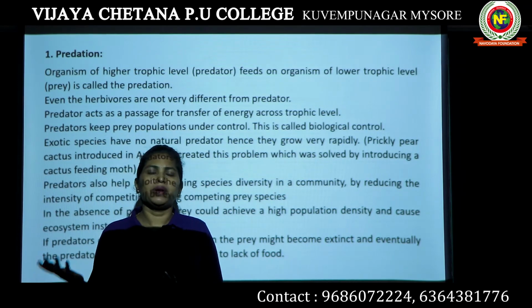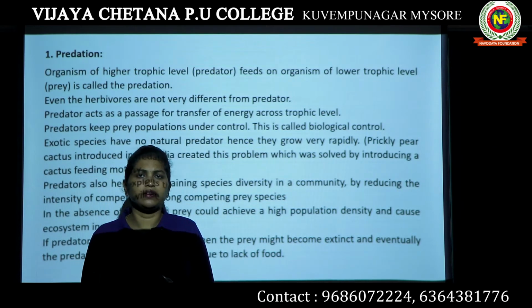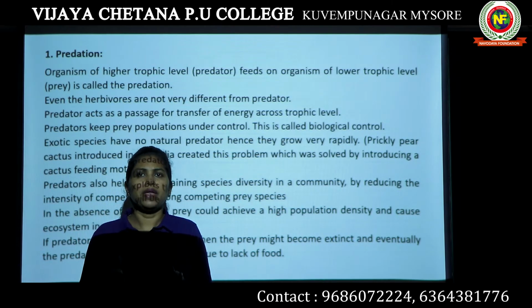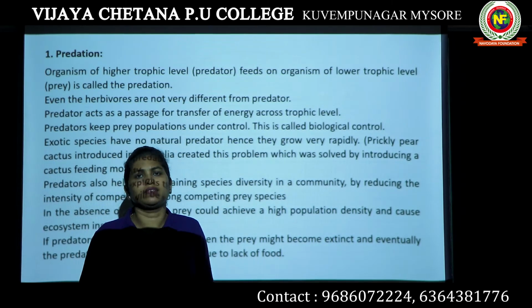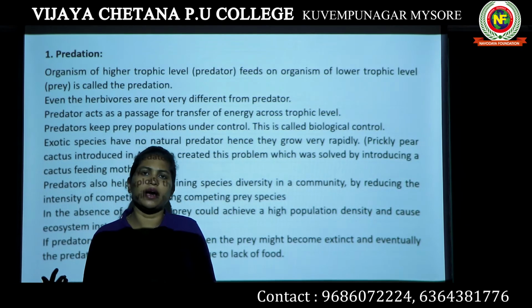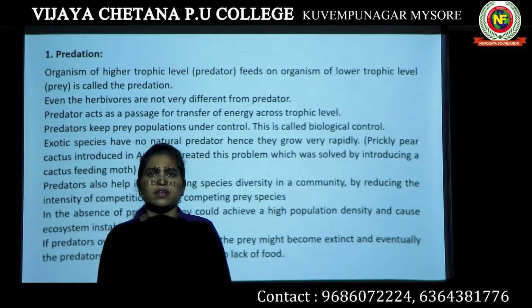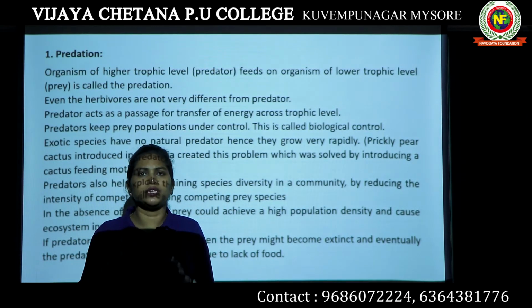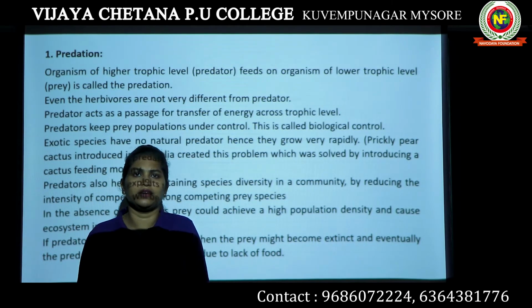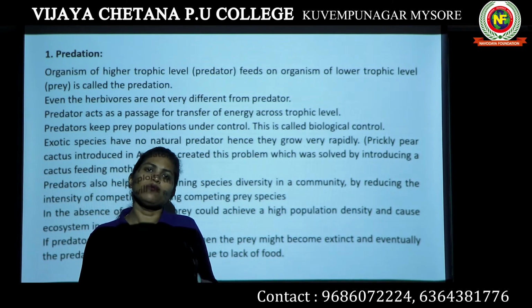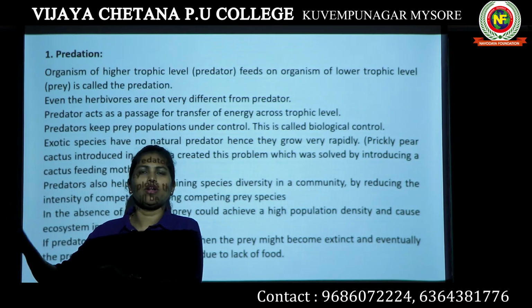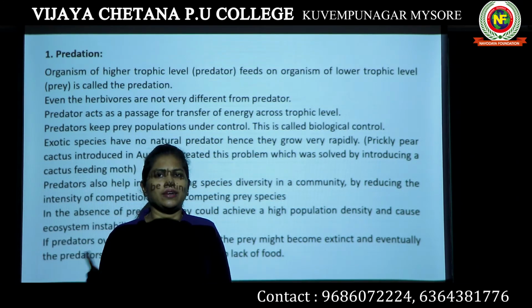Okay, if the predators start eating the prey population more and more, that is above the required level, then the prey population will become extinct. Imagine the tiger starts eating all the deer present in a particular forest. The deer population from that particular forest will become extinct. There is no deer population. Then what happens to the predator, which is the tiger? Eventually the tiger will also become extinct because there is no food for the tiger.